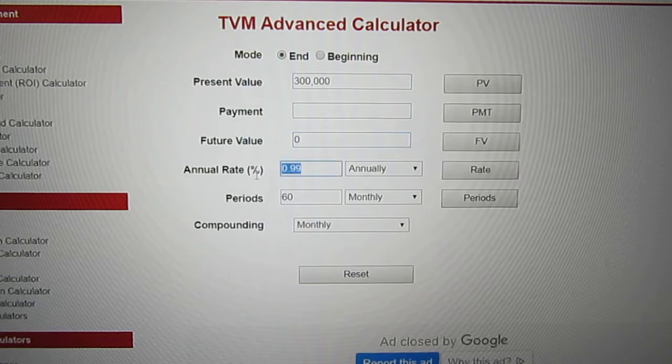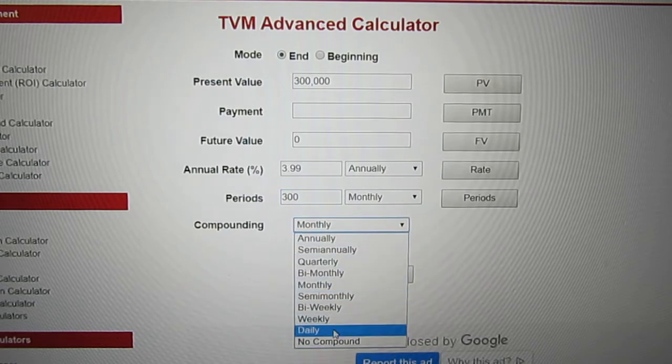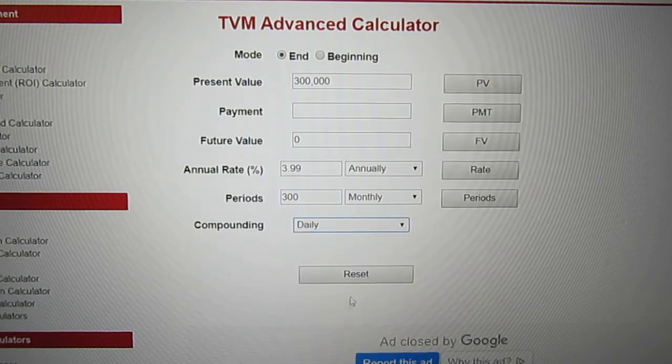What's the interest rate this time? 3.99%. And that stays annually. It says that we're making a 25-year mortgage with payments each month. It's monthly payments. So this still stays monthly, but 25 times 12 is 300. So you have 300 payments that are happening monthly. And then I look for the word compounded daily. So I've got to change this to compounded daily. And now we're all set. Everything's filled in except I'm going to solve for the payment by clicking on this payment button. And it tells me that my payment is